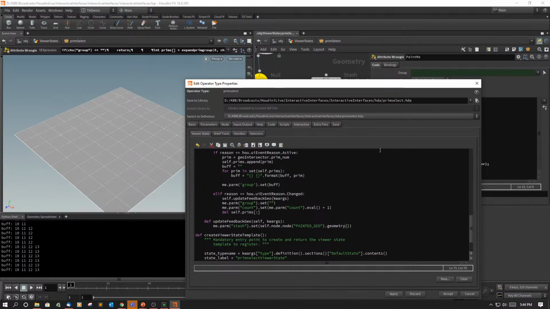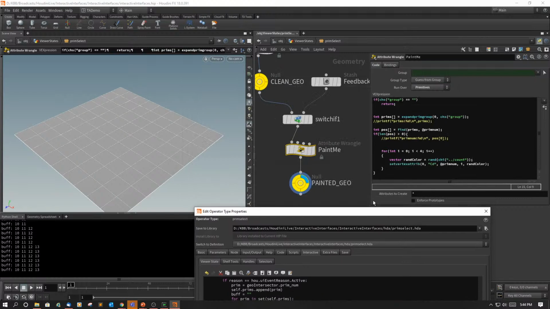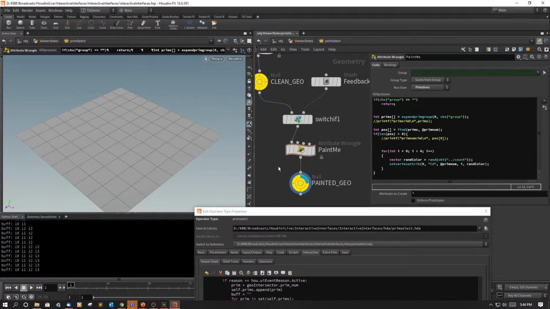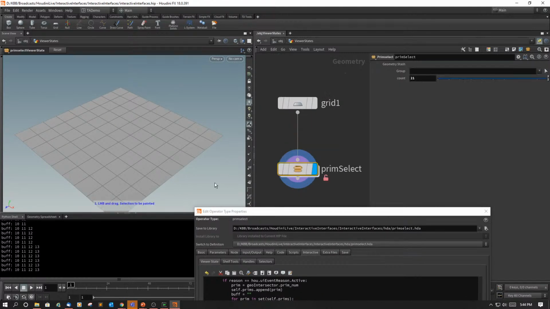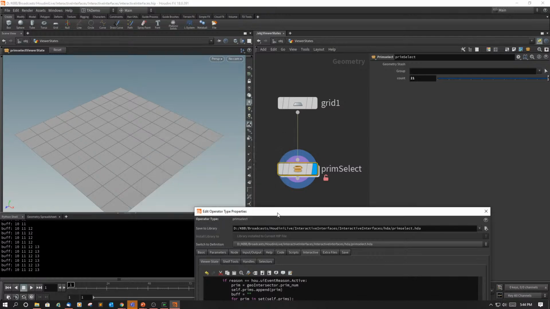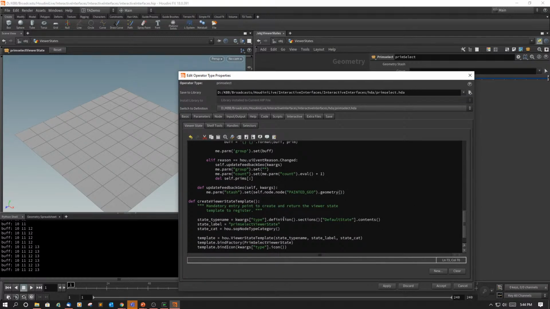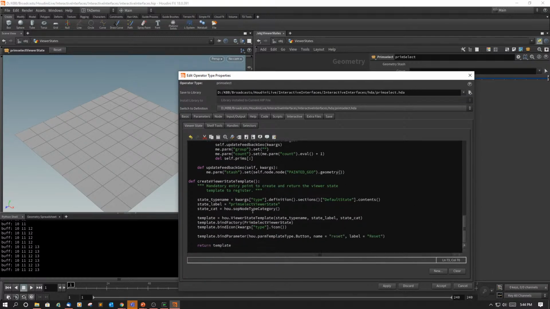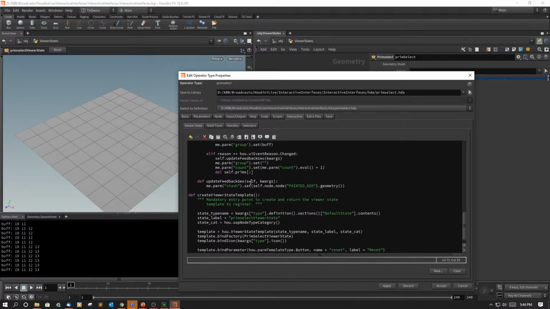So let's click apply. And then click up here. Uh-oh, me is not defined on line 73. Uh-oh. So go to line 73. Uh-huh. Okay, kwargs. Okay, me has not been set. Okay, so it's just